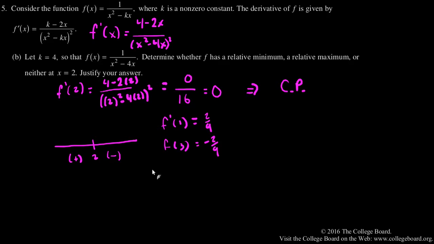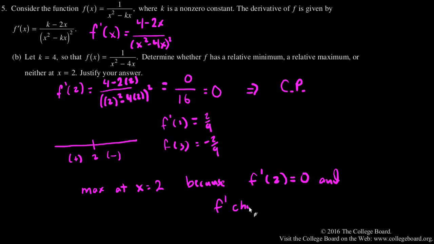And so what I can say is that we will have a maximum at x equals 2 because two things. F prime of 2 is 0, and f prime changes from positive to negative